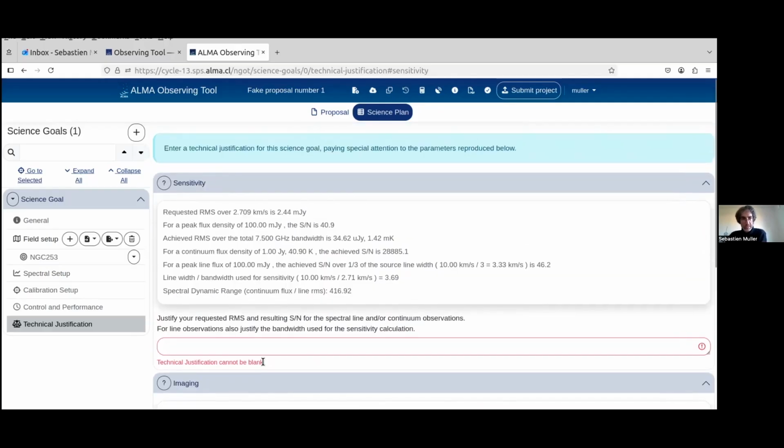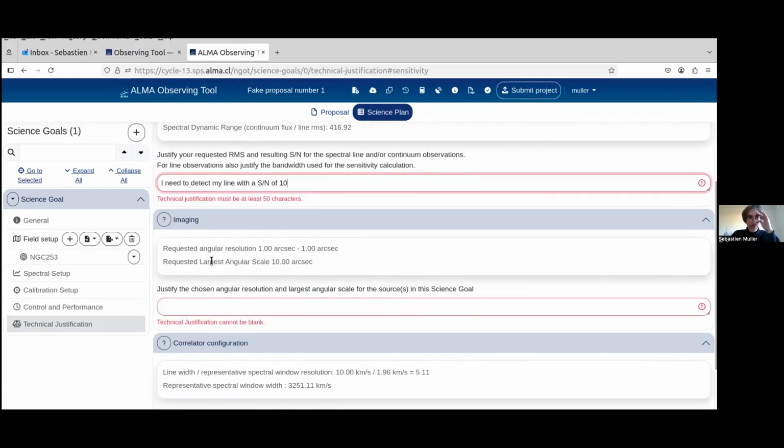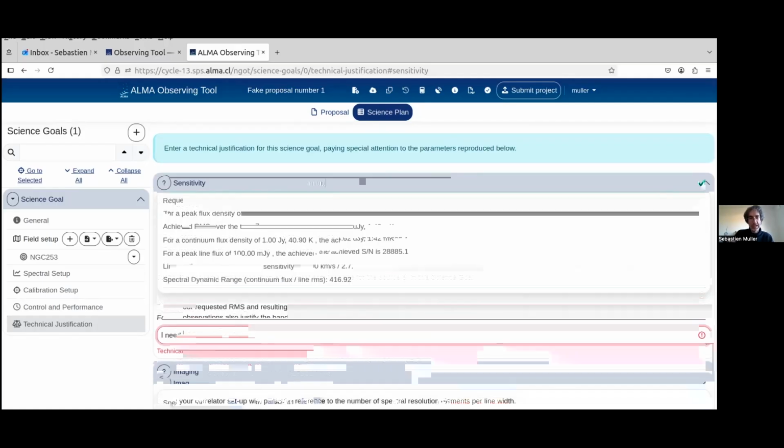you will have to justify your sensitivity. Okay, so you will need to give some scientific arguments for why you need to detect your line with, I don't know, a signal to noise ratio of 10, something like this, with a good justification. Okay, maybe better than this, you need to have at least 50 characters. So just this is not enough to justify. Okay, you will need to justify why you need this